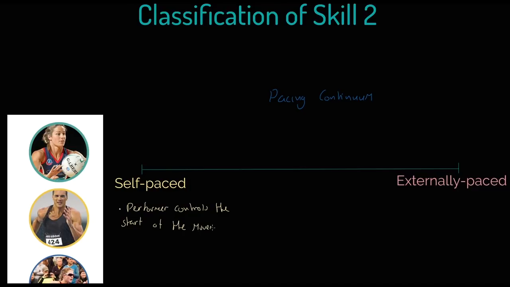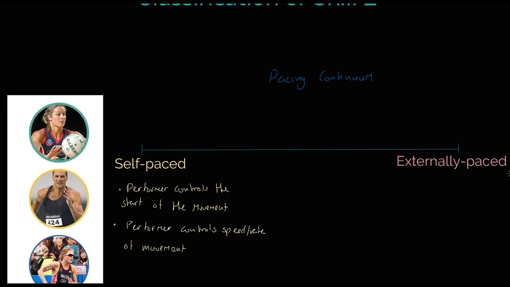Lovely. The performer controls the start of the movement. And also, I'll come back to the application of this in a second. The performer controls the speed, or what we might call the rate of movement. So in other words, the performer decides when the movement starts and what rate it follows. Now you can probably think of a lot of activities and skills in sport that don't follow that